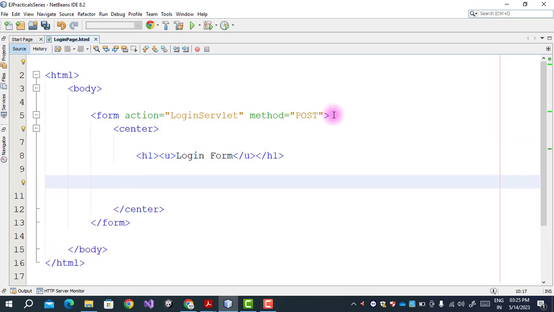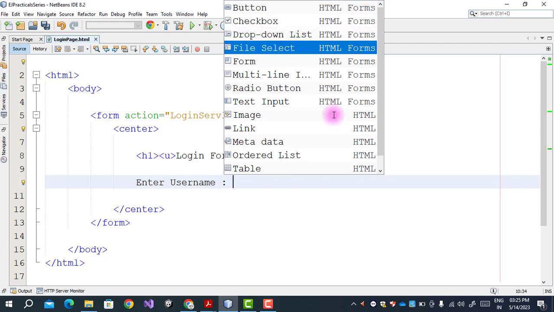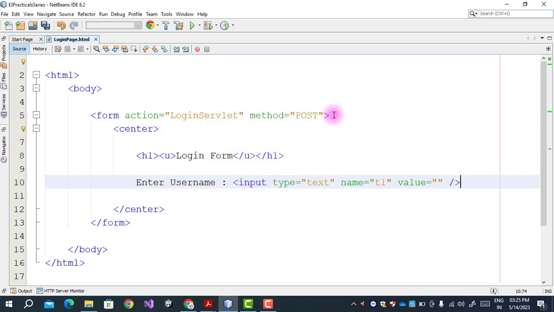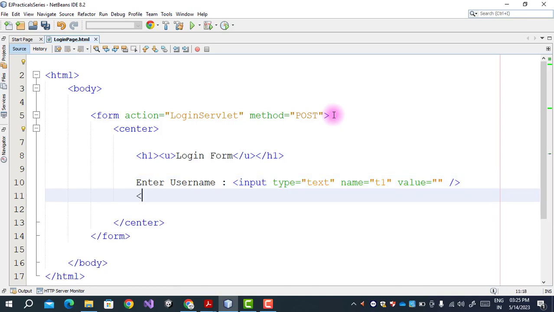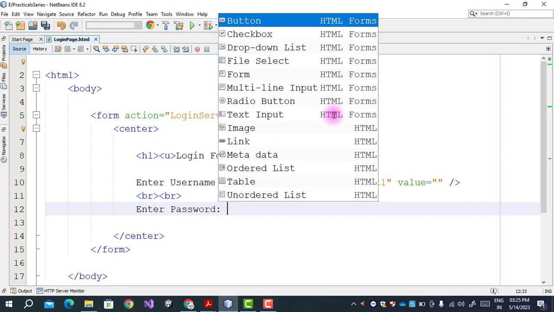Now for login we first take enter user name. So first we will take user name, Control space bar. For user name we select the text input. The name of the text input is T1. So this is the code to create a text box in HTML. The same way, BR, so that the output comes on the next line. Then enter password, Control space bar.